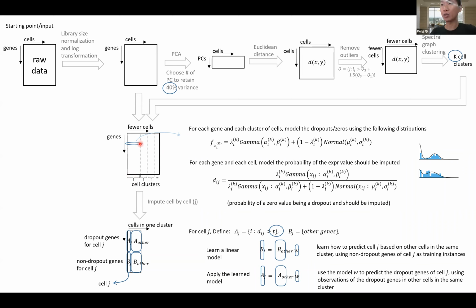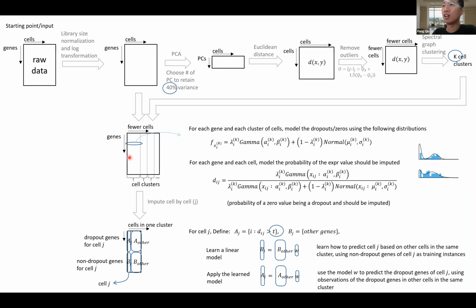And then we can focus on just one gene and look at the observed counts for that gene across cells in the same cluster, and how these values distribute. So for one gene across cells in the same cluster, if we look at the expression value and we see a distribution looking like this,